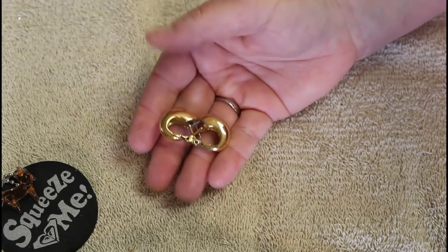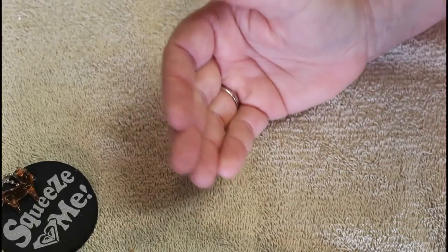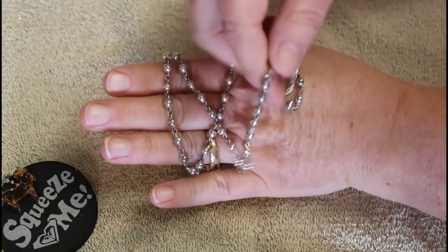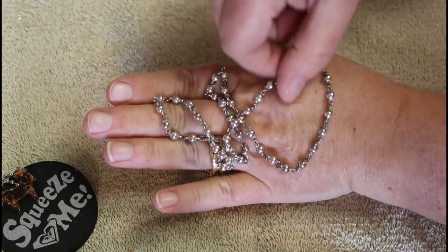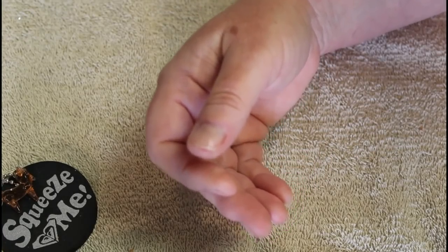Some of my favorite things, these Monet earrings. Heavy. I don't think I could physically wear them. They're a little too heavy for my ears. This is a great Napier beaded necklace. I have a couple of these in different lengths actually, so I think maybe this will go as a group. Then we have a little Napier,